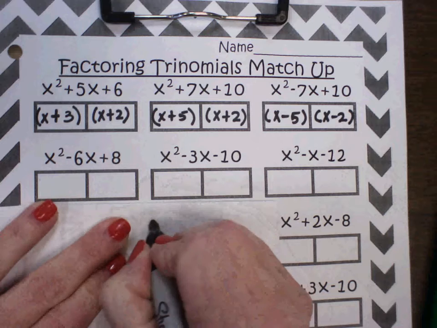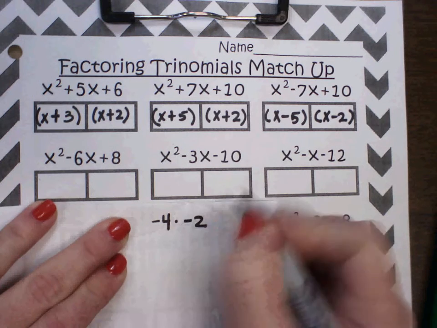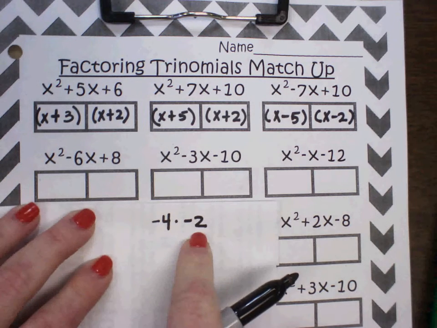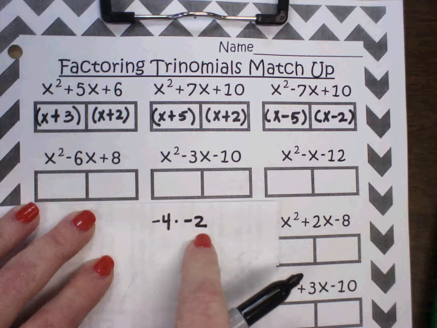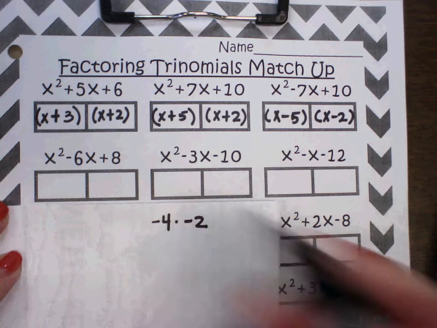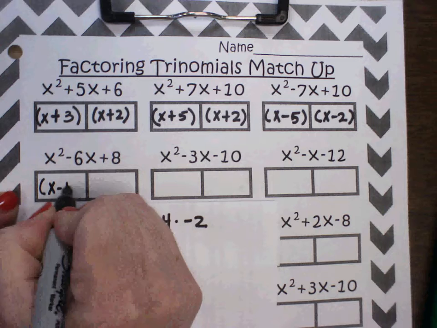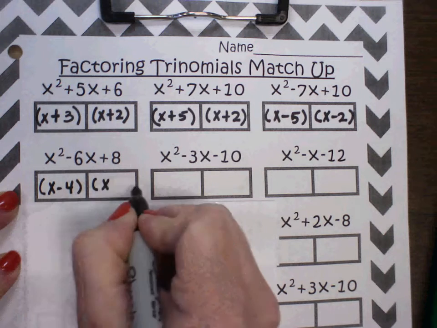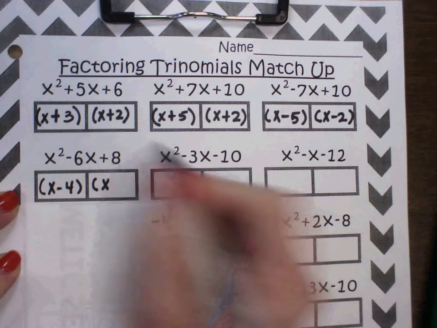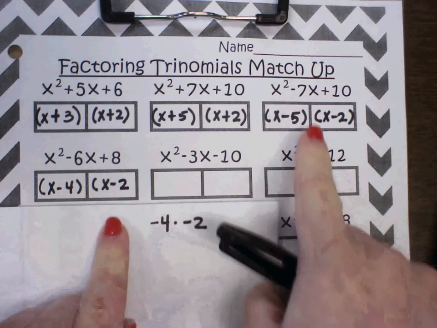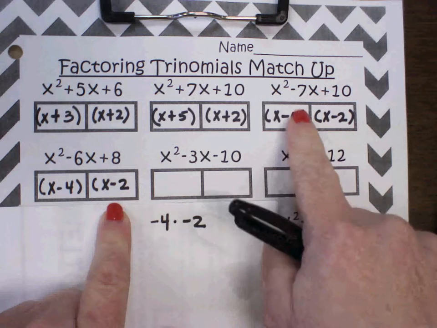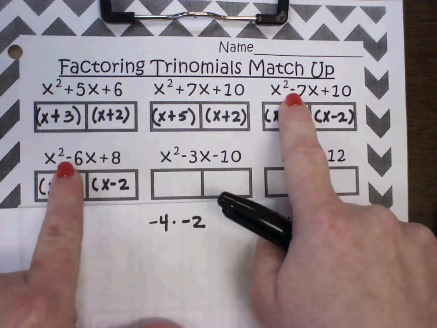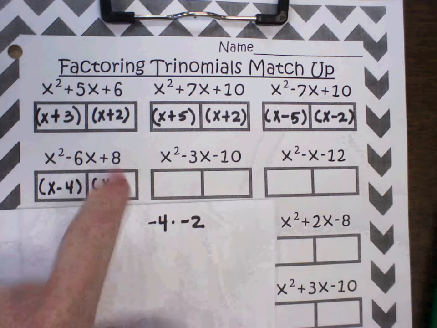-4 and -2. Is that positive 8? Yes, and when you add them, is that -6? Yes, so this would be x minus 4, x minus 2. Okay, now let's take a look at those two. What's the pattern? It's a minus and then a plus. So a minus and then a plus